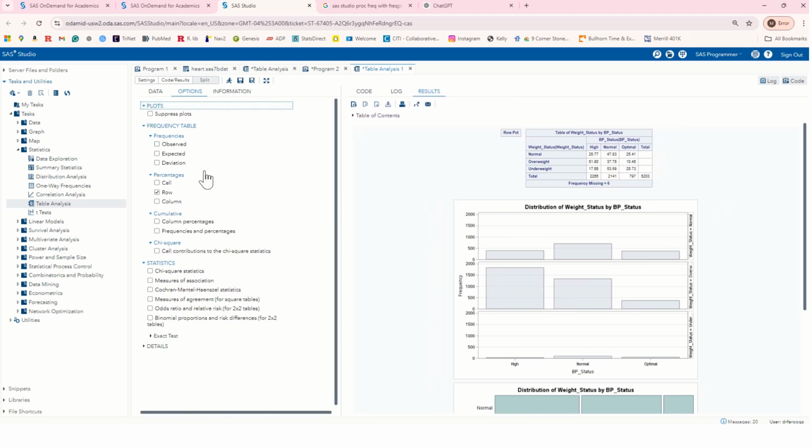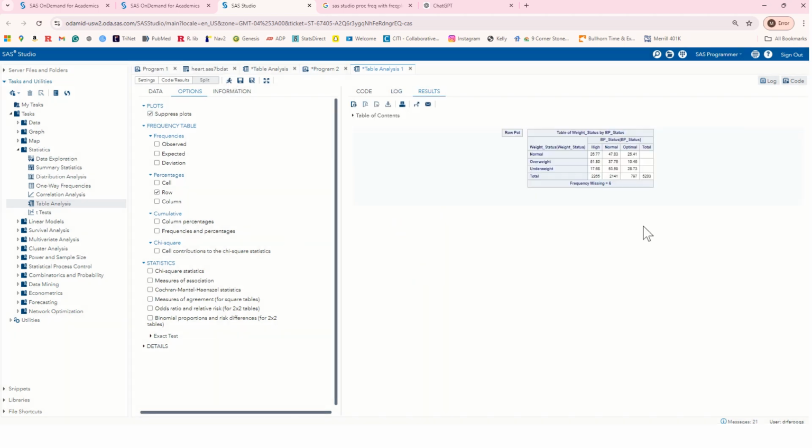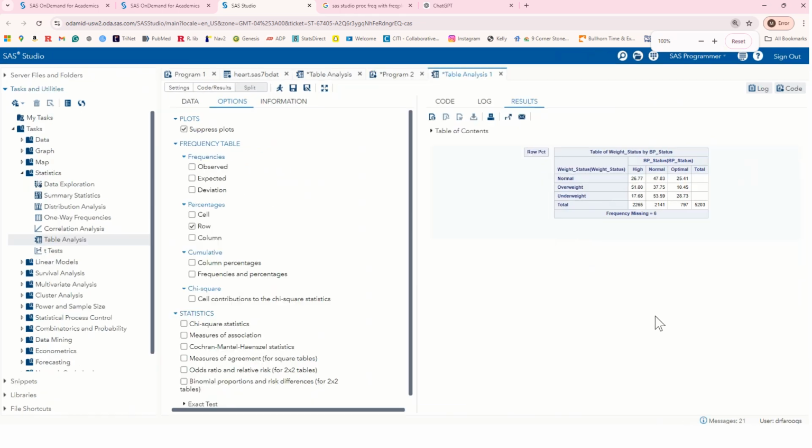We want to suppress the plots for now. These are not going to give us any useful information at this point. Okay, so if you see here,